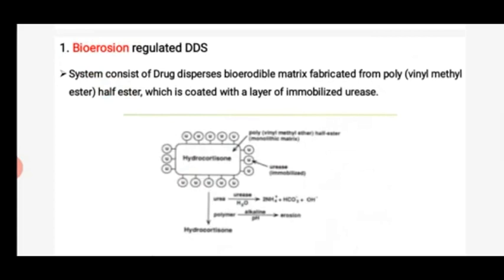and the materials used in the matrix devices are insoluble plastics, like polyethylene, methyl acrylate, polyvinyl chloride and methyl methacrylate. The second material used is hydrophilic polymers, and examples of these hydrophilic polymers are methyl cellulose, hydroxypropyl methyl cellulose, sodium carboxymethyl cellulose and carbopol. And the third one is fatty compounds, like carnauba wax and glyceryl tristearate.